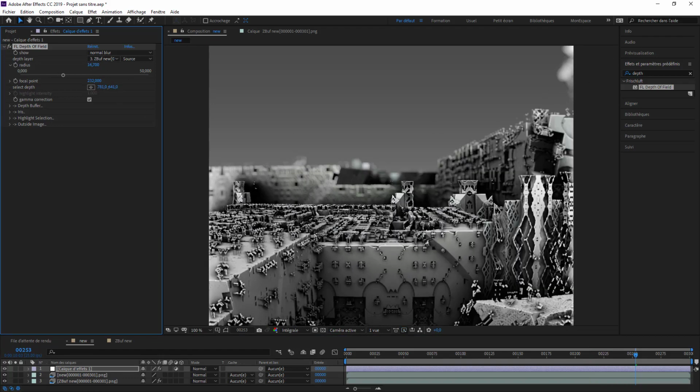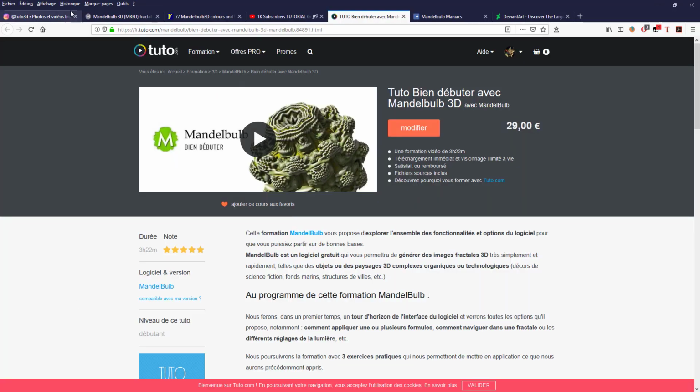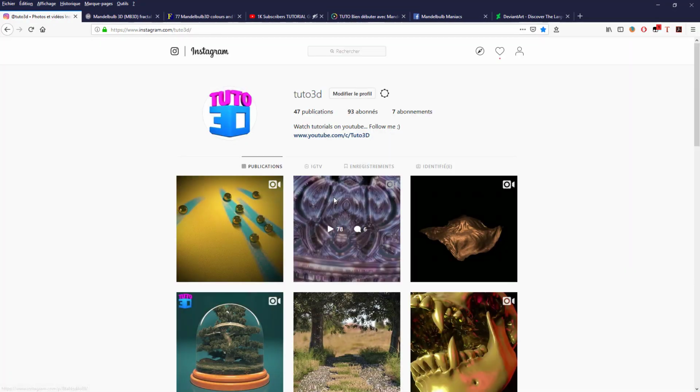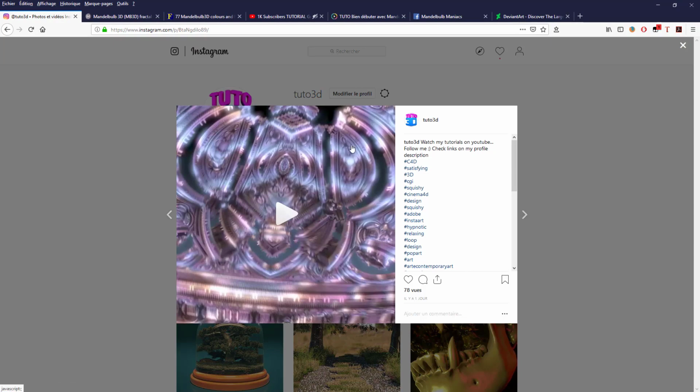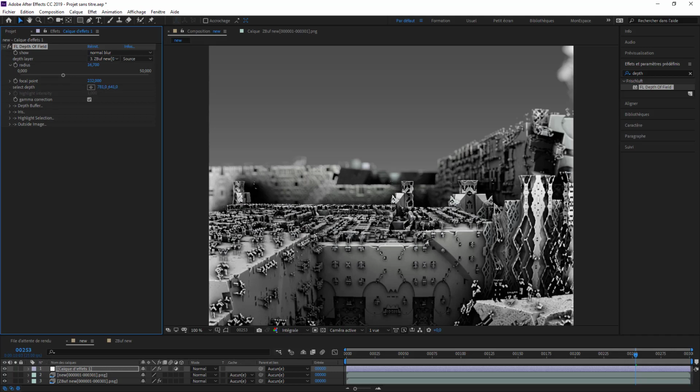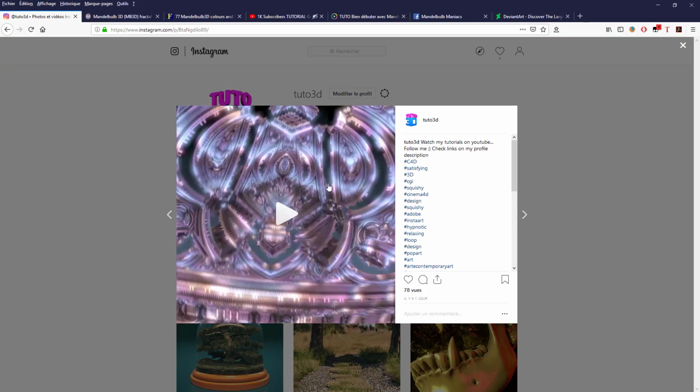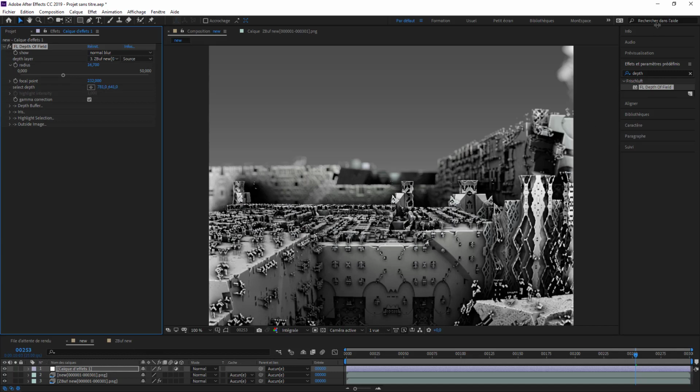So this is what we can do, and if you want to make like I did, I showed you on Instagram, there is a glow effect, so we will add it. Not sure if it works with this one, but if you have a bright animation, maybe it will work best for you. You just go there, and English people, you type glow.